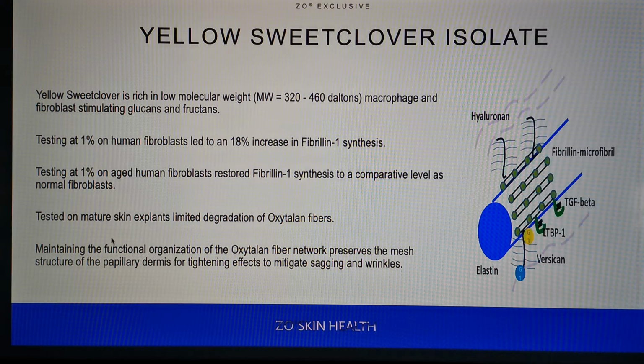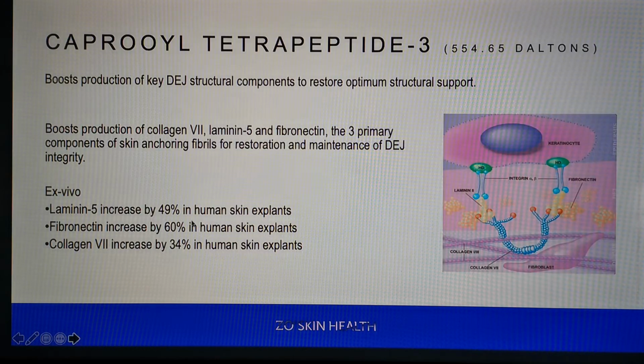But what we haven't addressed yet, and the reason why it took us so many years to crack the code on this, was we needed a third technology that we were finally able to identify, which is again a very low molecular weight biomimetic peptide. And this technology specifically boosts the production of the DEJ structural components of collagen 7, laminin 5, and fibronectin, the exact three primary components of the vertical pillars of the skin's anchoring fibril system for restoration and maintenance of the